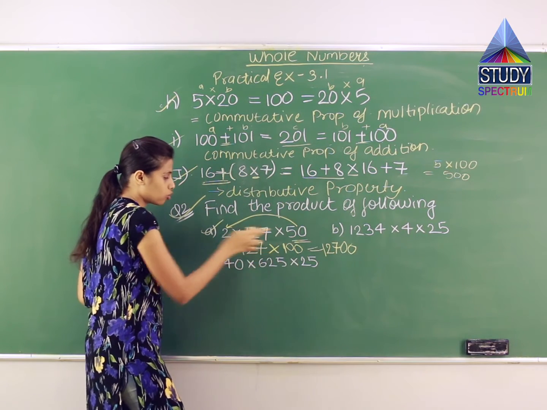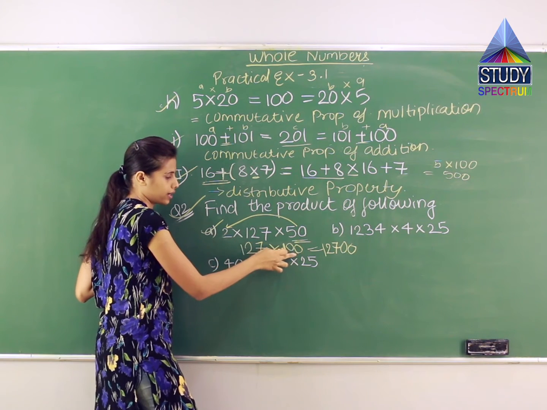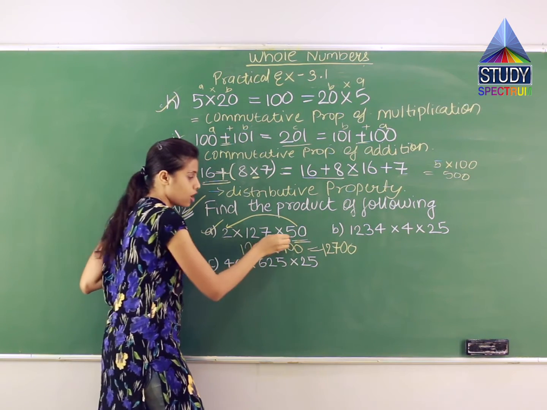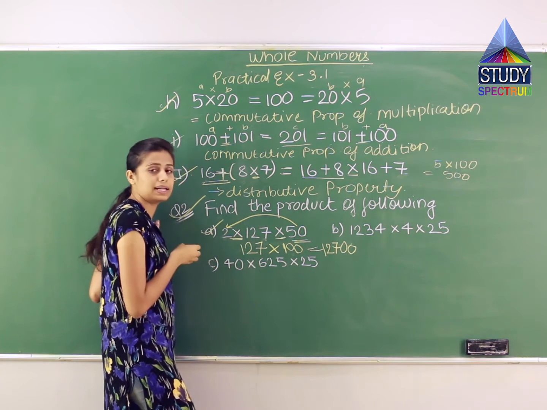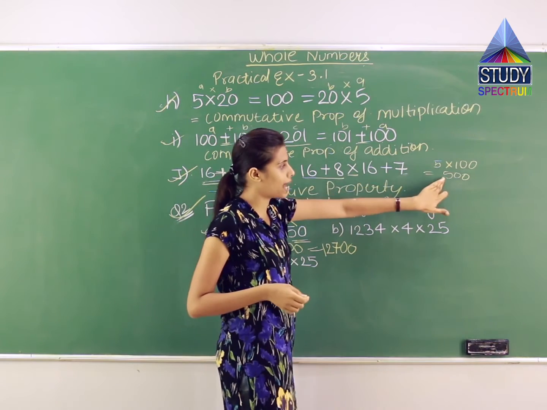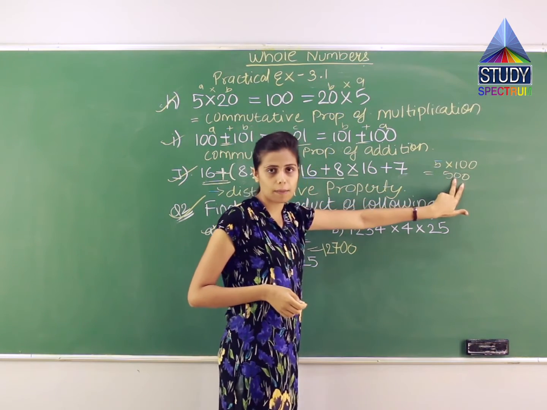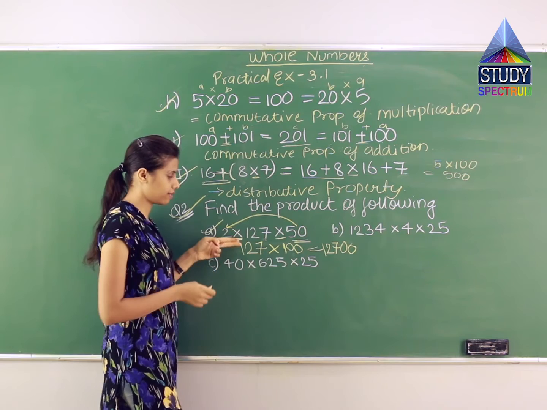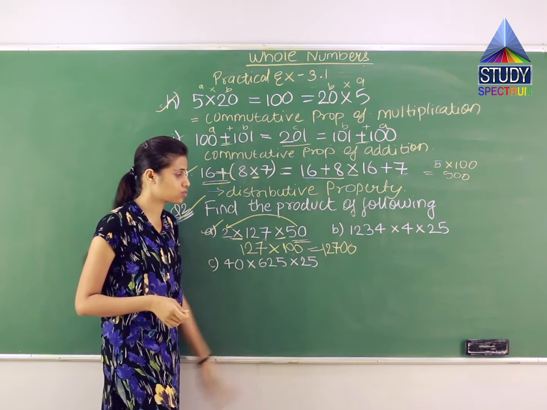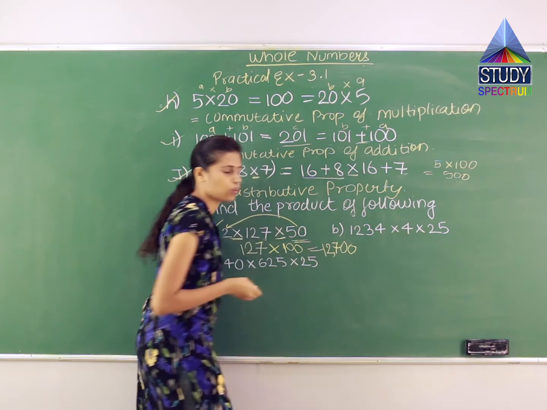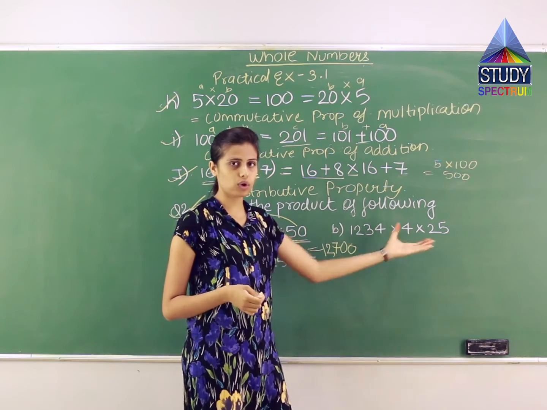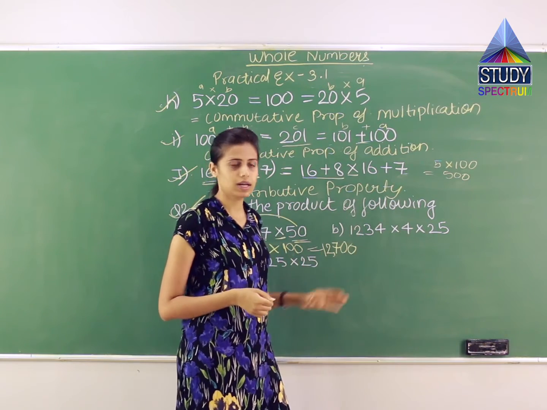मैंने पहले इन दोनों को ऑपरेट किया तो मुझे 100 आ गया, फिर मैंने ये नंबर को एज इट इज लिख दिया एंड मल्टीप्लीकेशन साइन इन बिटवीन बिकॉज ऑल द नंबर्स आर टू बी मल्टीप्लाइड. सो जब इन दोनों को मैं मल्टीप्लाई करूंगी तो सेम एज दिस 5 को मैंने एज इट इज लिखा है, ये 2 जीरो एज इट इज कॉपी किया, वैसे ही 127 को मैंने एज इट इज कॉपी किया एंड ये 2 जीरो आगे लगा दिया. सो द आंसर इज व्हाट? द आंसर इज 12,700.